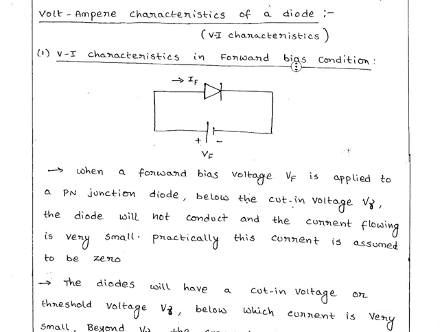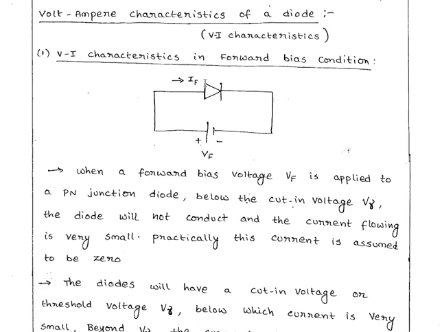VI characteristics of a diode, that is voltage-ampere characteristics of a diode, voltage-current characteristics. When a diode is in forward biased condition, that is, the positive terminal of the battery is connected to the anode and the negative terminal of the battery is connected to the cathode. In this condition, if the applied voltage by a battery Vf is less than V gamma, that is the cut-in voltage